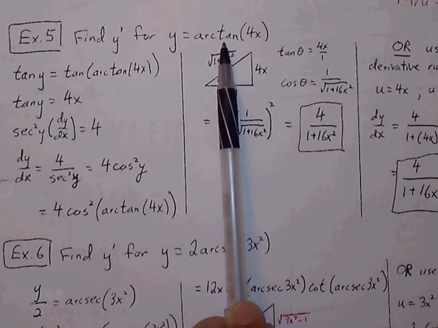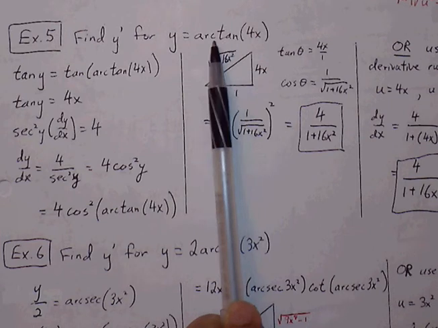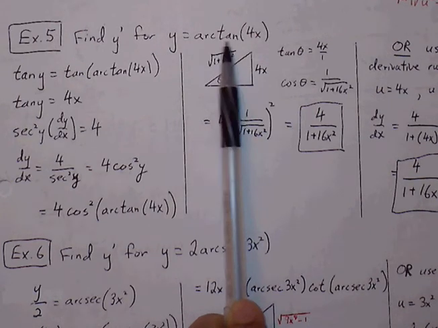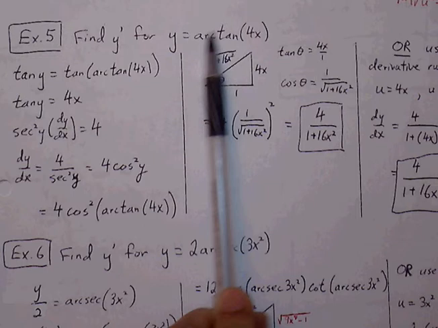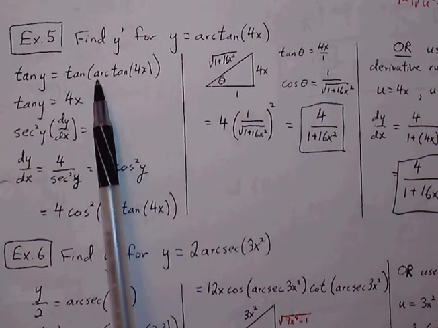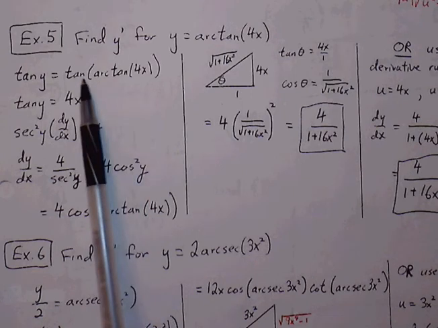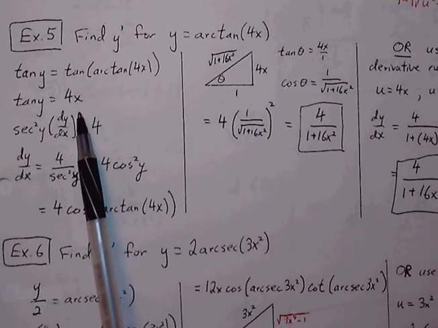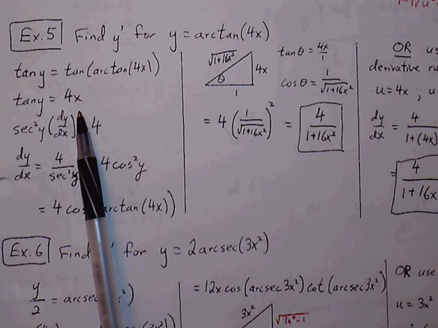So we're going to identify the inverse function of arc tangent, which is tangent. So we take tangent of both sides to allow the right side to cancel out. So tangent of y is equal to tangent of arc tangent of 4x. This will cancel each other out to be just 4x on the right side. Now we're going to find the derivative of both sides,